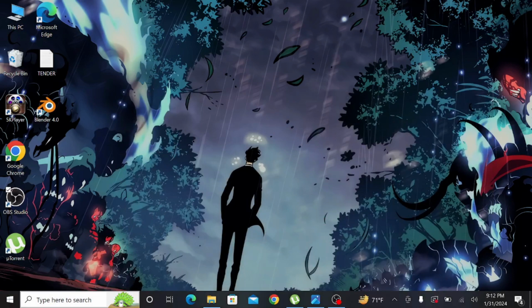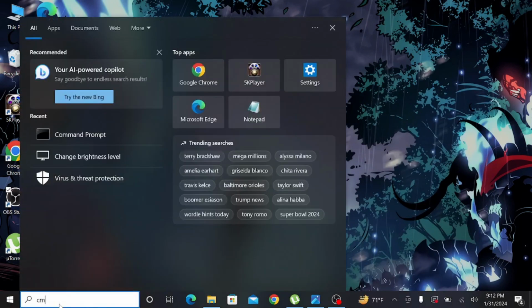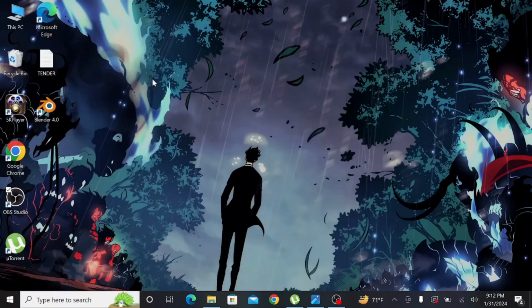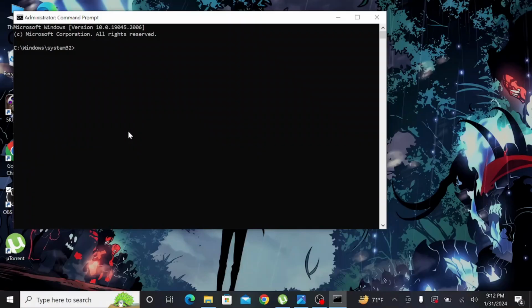First of all, go to your search option here and search cmd, that is the command prompt. After that, right click it and click run as administrator, and select yes. And now you have to give a command on this command prompt. I will provide this command in the description. The command is